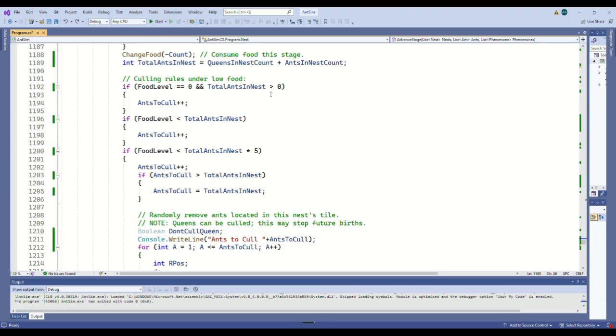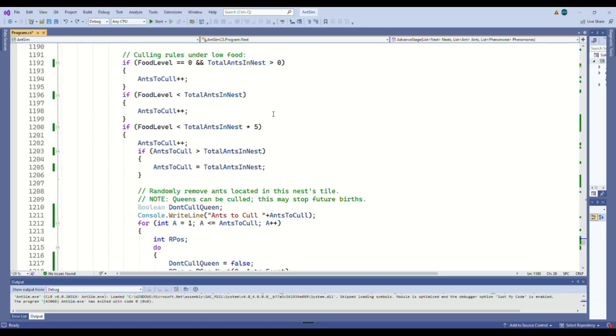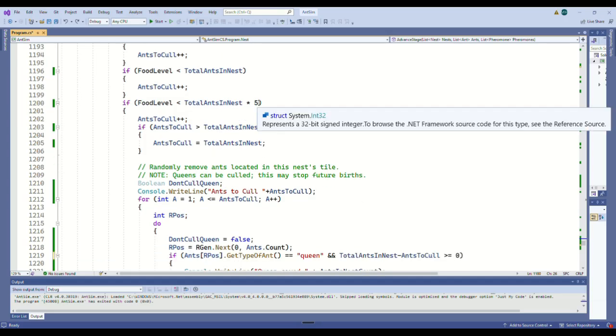I've included the queen in the ants to cull calculation, which I think is right. So the total ants in nest includes the queen. We're using that in the calculation. And more importantly, here, this if statement will run when there is a queen, okay, which it wasn't doing before. So I've got the total ants in the nest times 5,